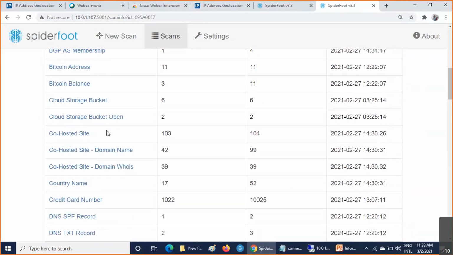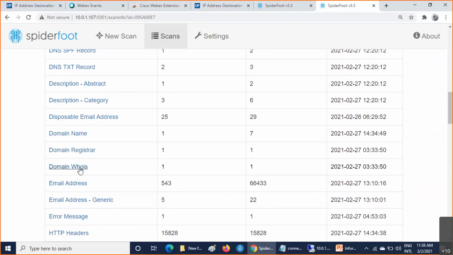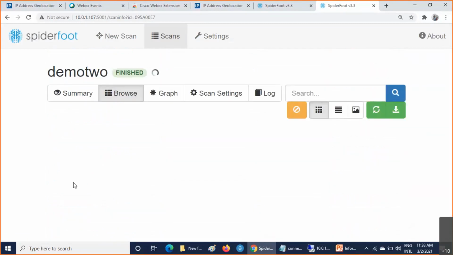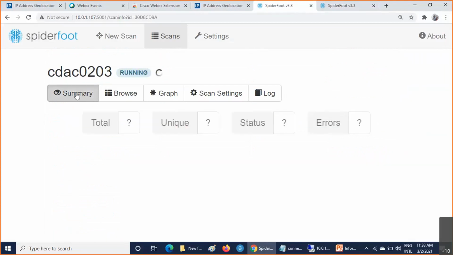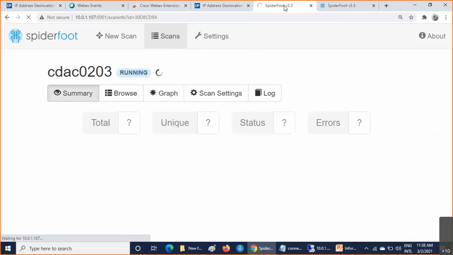See, country name, credit card number, domain name, domain registrar, email address. Once the scan is complete, even loading the result takes so much time.